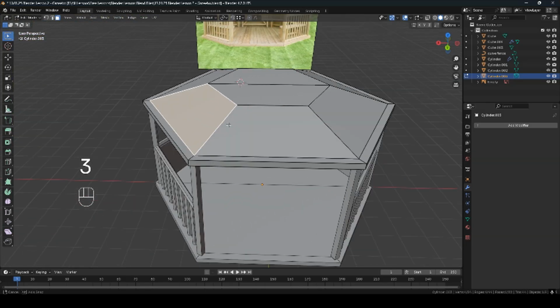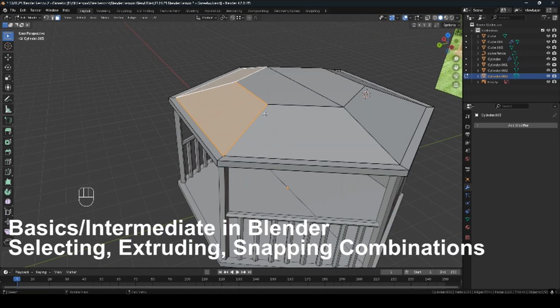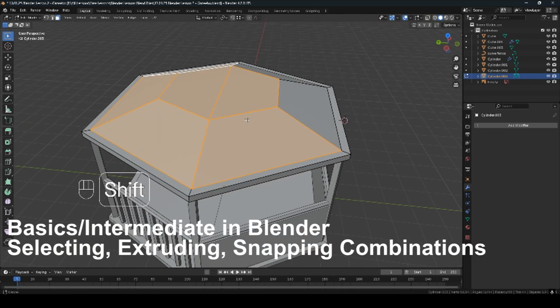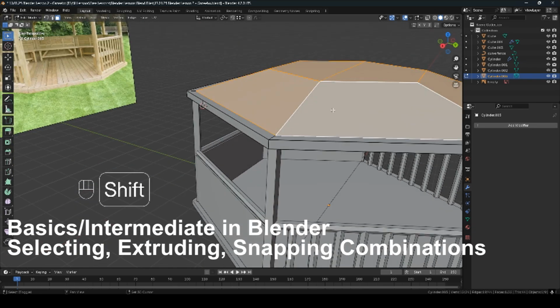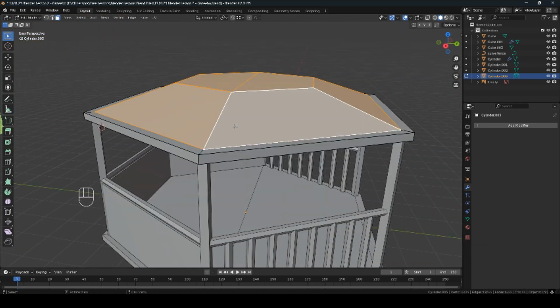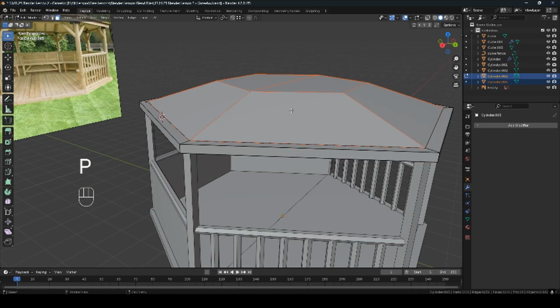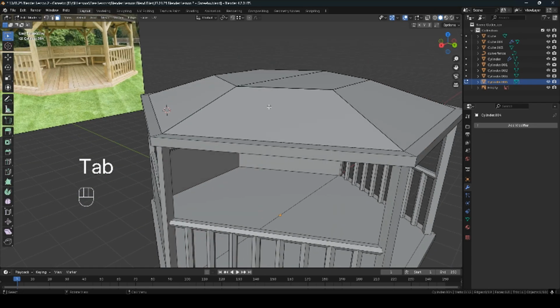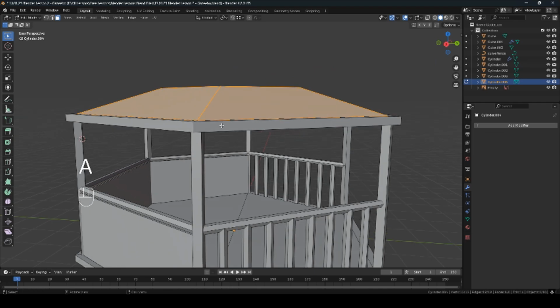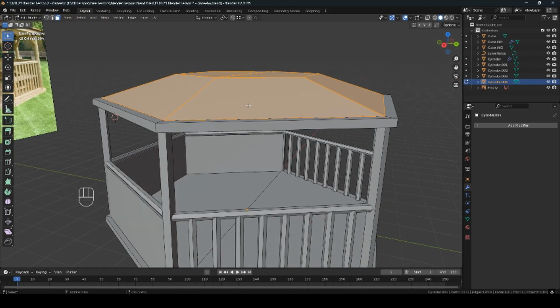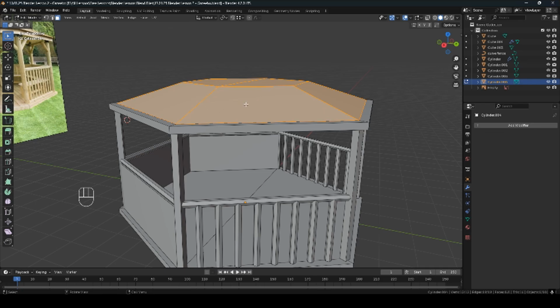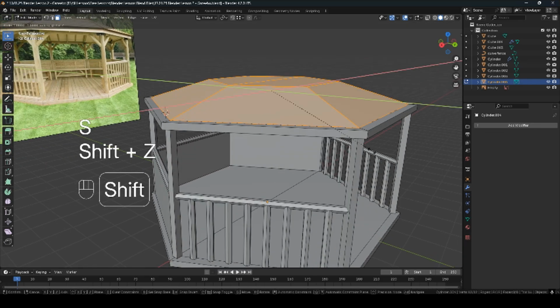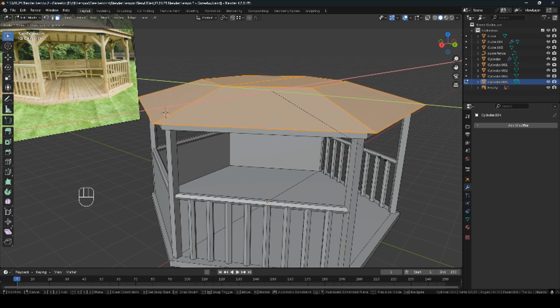we can select, so slightly a few new tools now. Let's select, hold shift, and then select all these faces that we have just edited, and we're going to press P to separate. So we're going to separate this roof piece. What we're going to do is we're going to scale this, but we don't want it to scale on the Z axis. So after selecting all in edit mode, I'm going to press scale, shift Z, and then as you can see, it will scale outwards either to the end of the point of the gazebo,